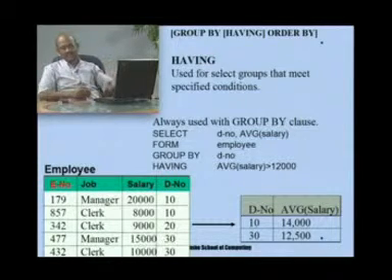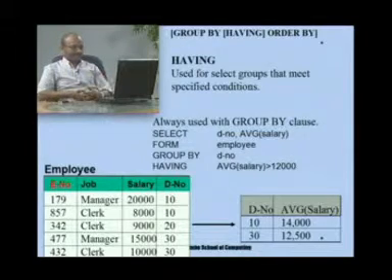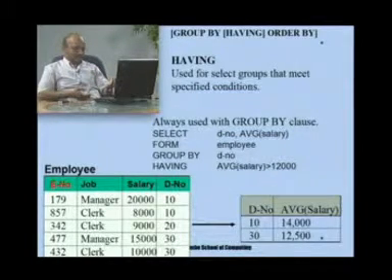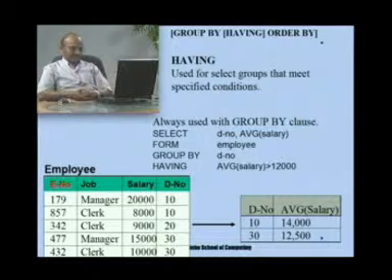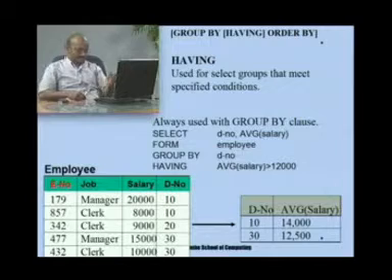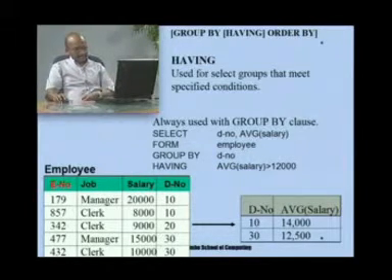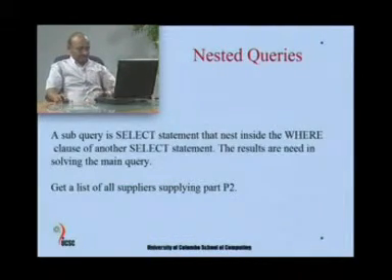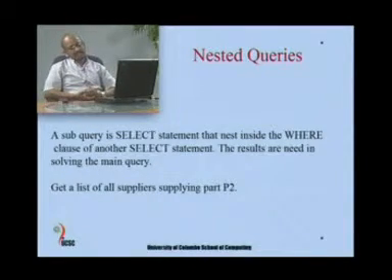Where is used for the original data table, what you have in the from table, and the having must go with the group by statement. In this particular syntax there is a typing error, it should be from instead. So, that is basically introducing how to use the group by and having clause.